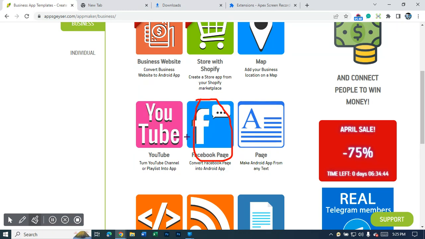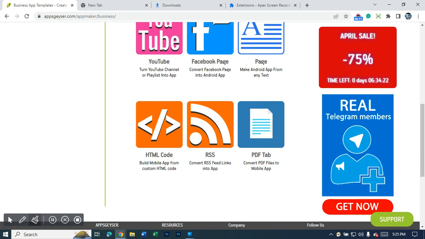So with these ones, you will need to go and copy the channel or the Facebook page link, and when you get to the page that they will require the link, you paste the link there. If you have your link in your head too, you can just get there and type it down. Here we will be using text to create the app,